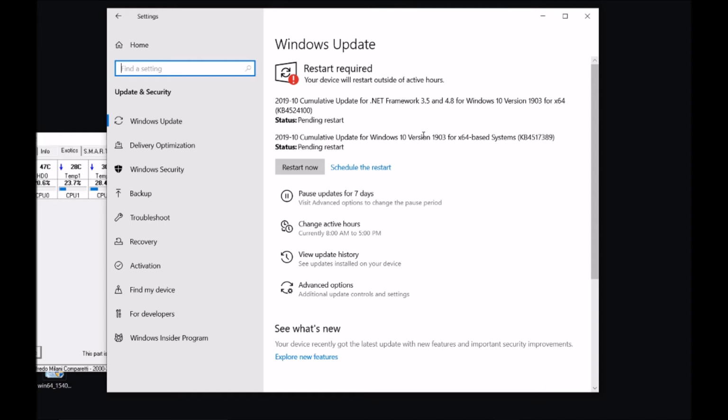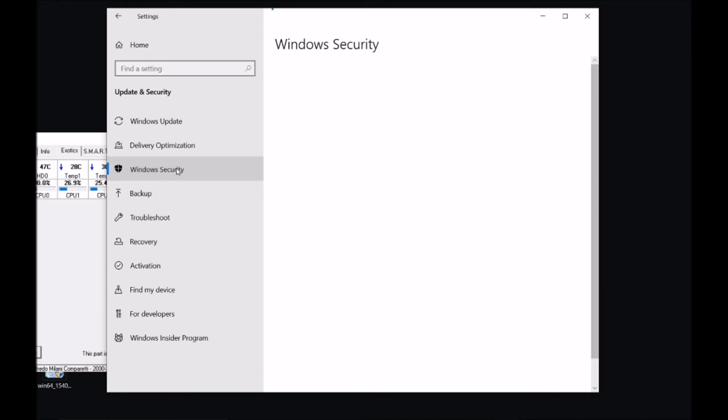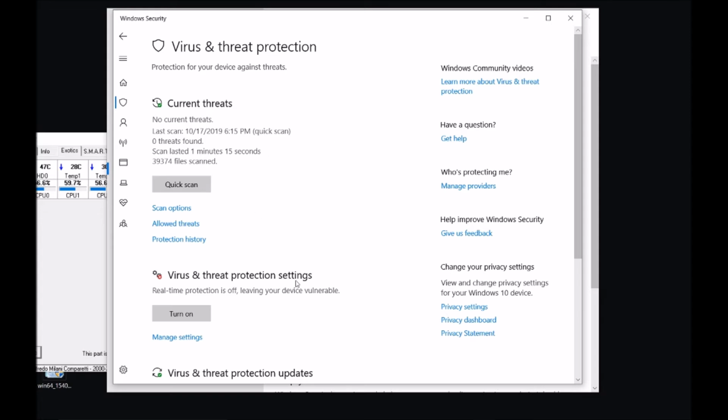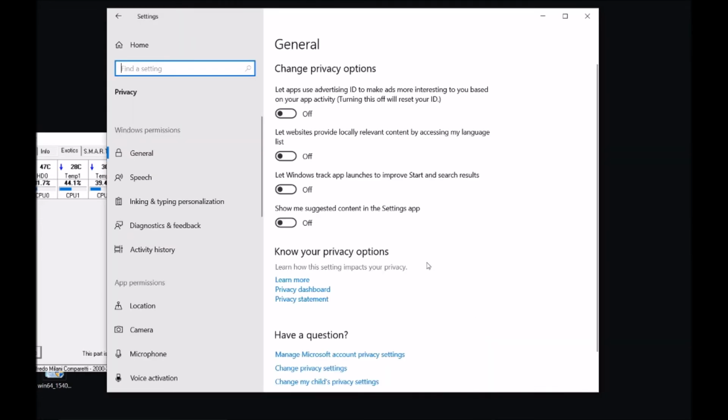That's one thing. I also wanted to show you something about your privacy. If you go on Windows Security and choose any of these items, on the right side of the screen you have privacy settings, and notice mine are off, but I recommend you read on this privacy.